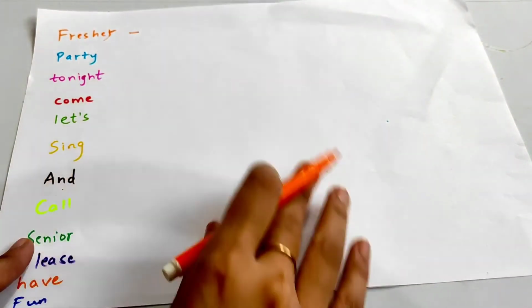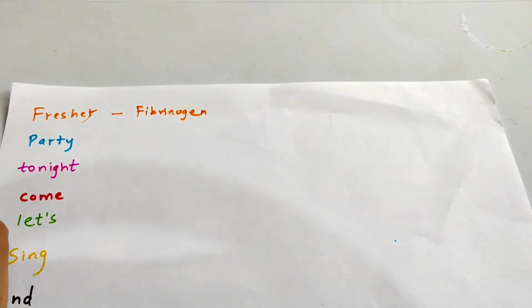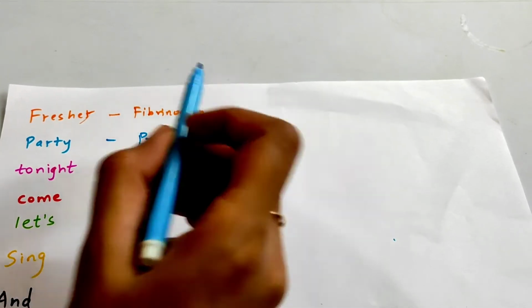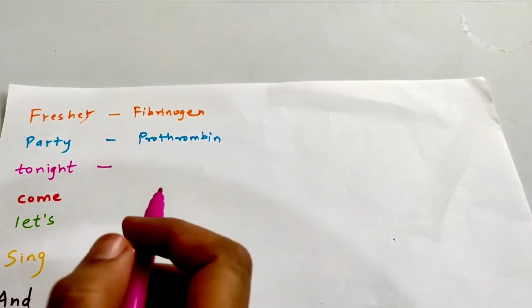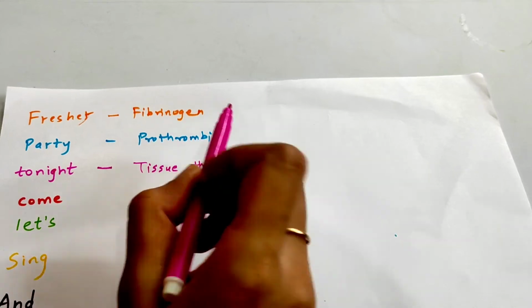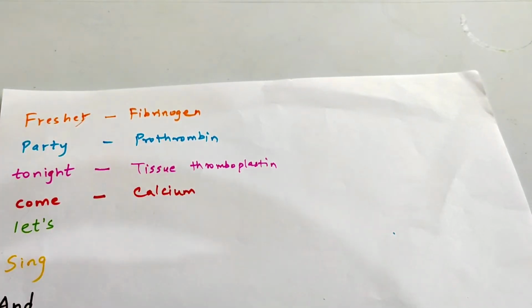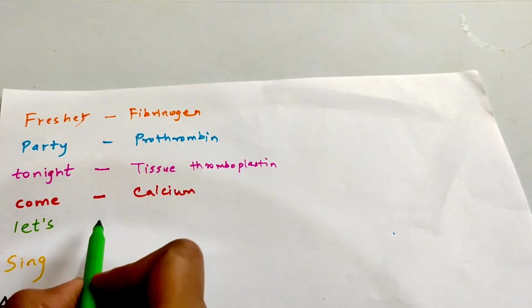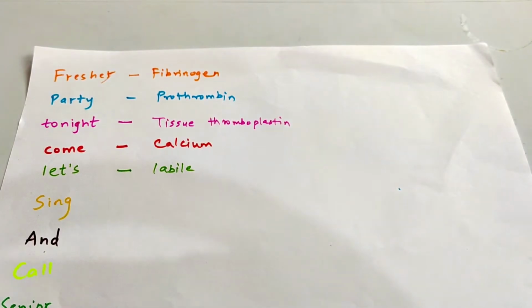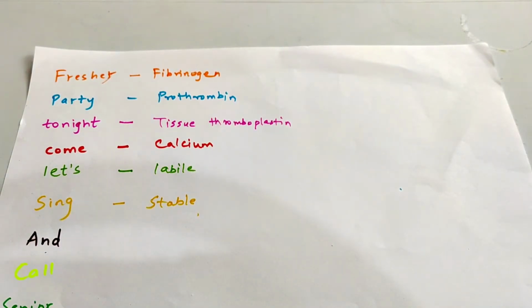F for fresher is fibrinogen, P is for prothrombin, tonight's T is for tissue thromboplastin, comes C is for calcium, let's L is for labile factor, S for stable factor, N for